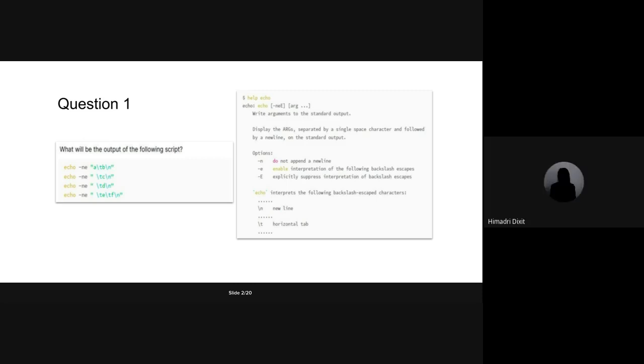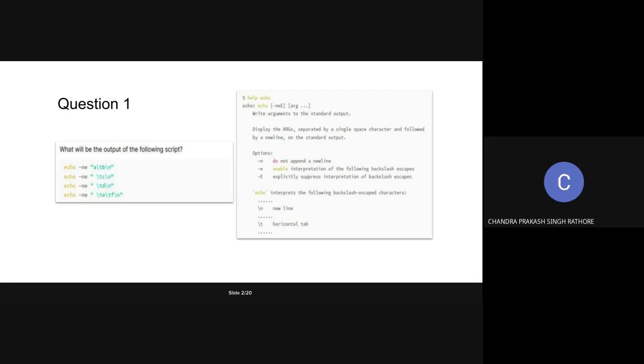If I just remove -e, won't it directly print \n and not escape it? What does -e do? It's written that it enables interpretation of the backslash escapes. Yes. So if I'm not writing -e and I write \n, it would print \n. Yeah, that's how it works.